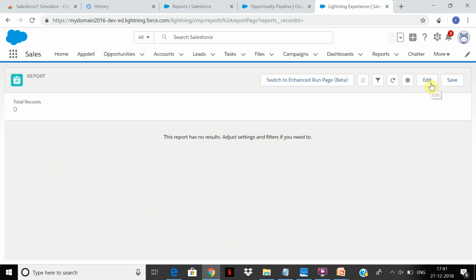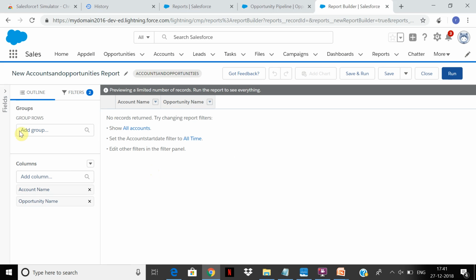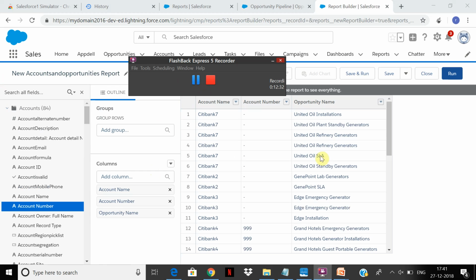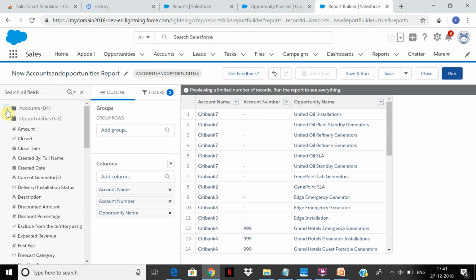Currently, we don't have any fields added. So now we can add fields to this. Account opportunity, now let's drop this. Opportunity name, opportunity amount. Let's drag the opportunity field now.